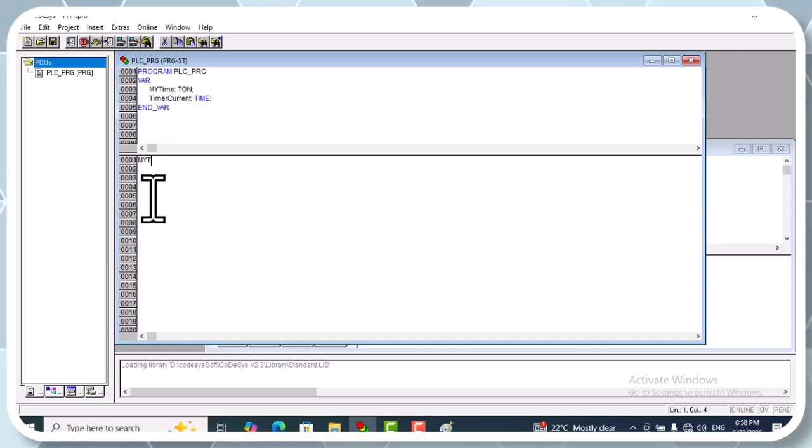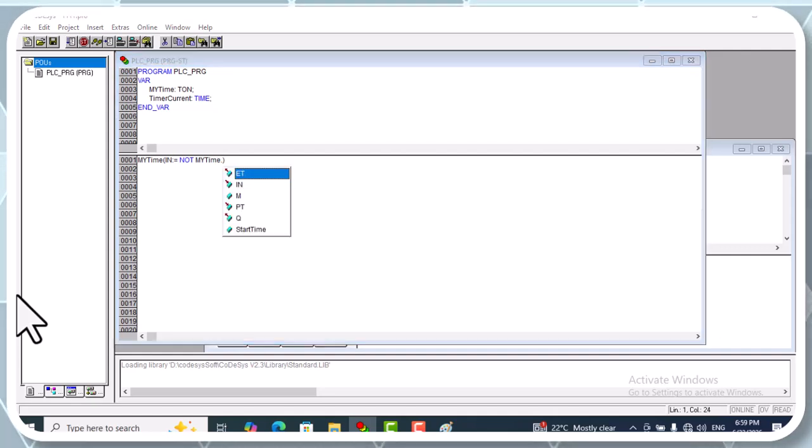IN must be not my timer Q. So we write it like this: IN is equal to not my time dot Q, and